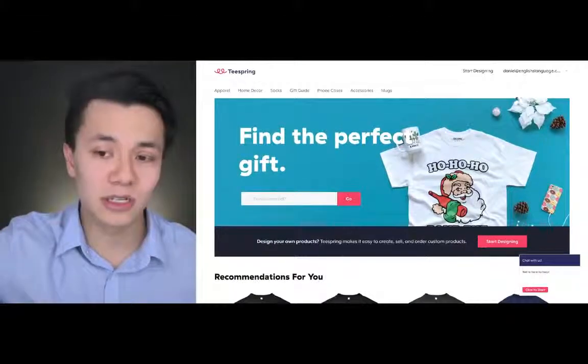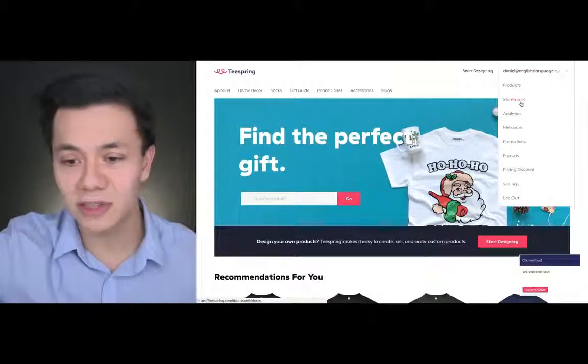Now that we've created our first product and our storefront, it's time to customize the store a little bit more. And today we're going to be uploading a custom logo that we create using some free software available online. So let's jump in. The first thing we need to do is go to teespring.com and navigate to the